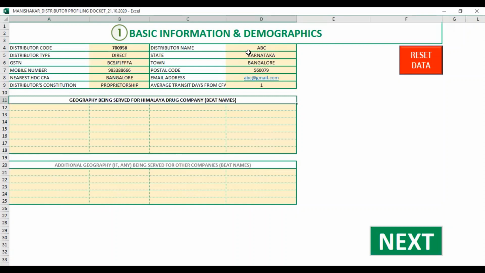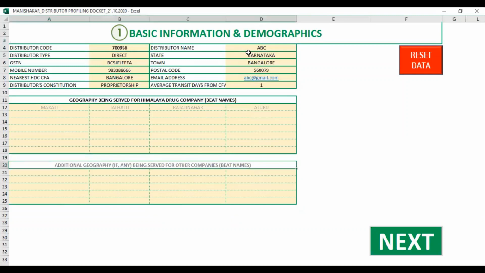So for Himalaya business, the beats that this ABC distributor supplies, we have to put the beat names. I will put them randomly just for reference, whatever are the beats that the distributor is supplying for Himalaya Drug Company.